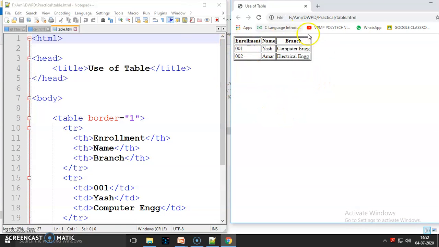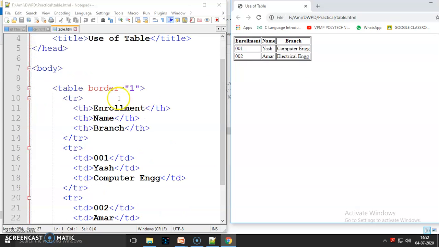Here in the output table.html, the first row is the table heading: enrollment, name and branch. So inside the table tag I write the first row, tr and slash tr. Between this tr and slash tr, I write th, table heading. Here 3 table headings are there, so I write th 3 times. Then the next row is for table data.